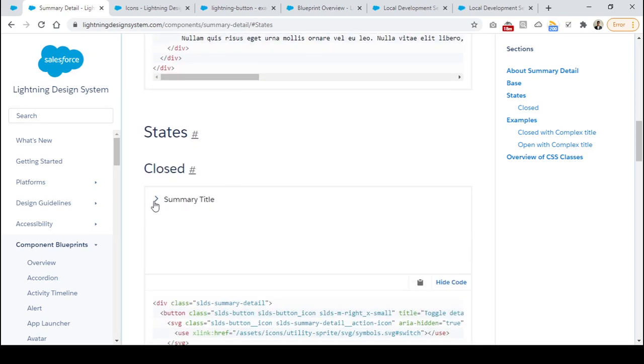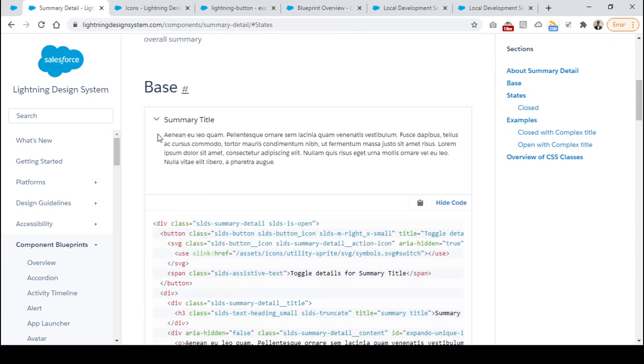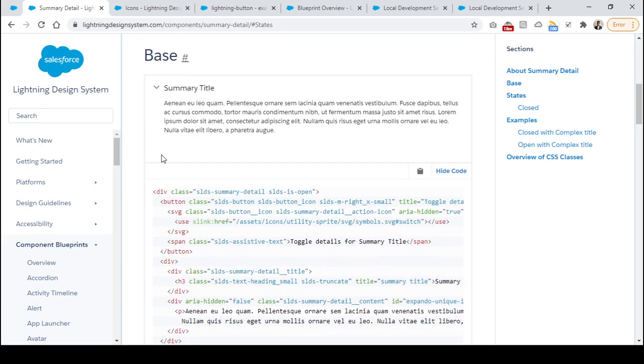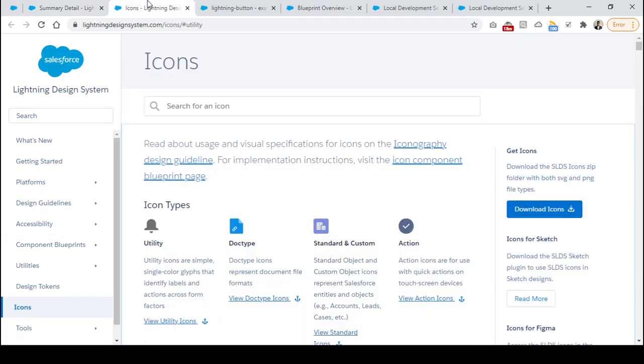And when I click on this again, the state will be changed to open, and it will show me this text, right? And in case the state is open, the button icon is a downward arrow, and in case the state is closed, the button icon is a rightwards arrow, right? So first of all, I need to find which icon this is, then only I can create a button icon, right? So let's just move on to the icon section of my Lightning Design System.